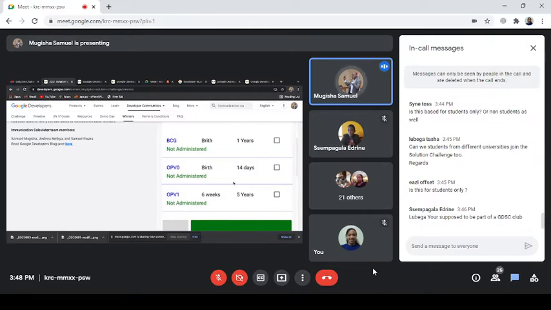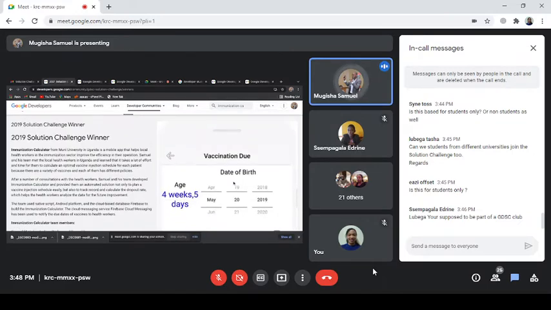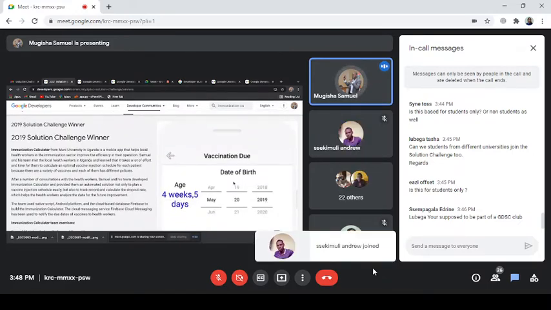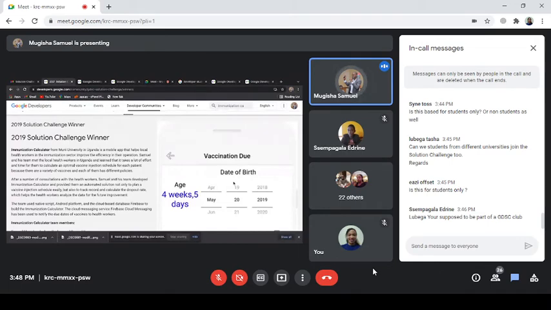We got a client, that was WHO, and of course, he started giving some money. So we learned a lot of things from there, and successfully we won the solution challenge. Part of the prizes, it was a pioneer thing, and we got access to a lot of Google technologies. There was also training, we learned a lot from Google developers, and the rest were the swag and mostly helping us nurture this product into something.